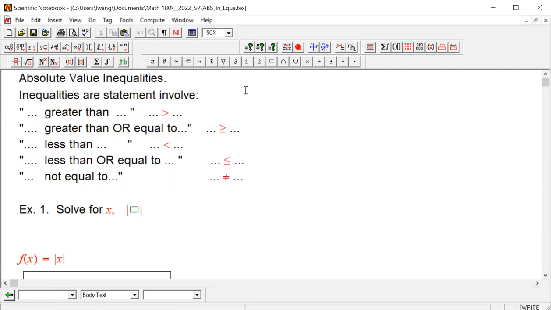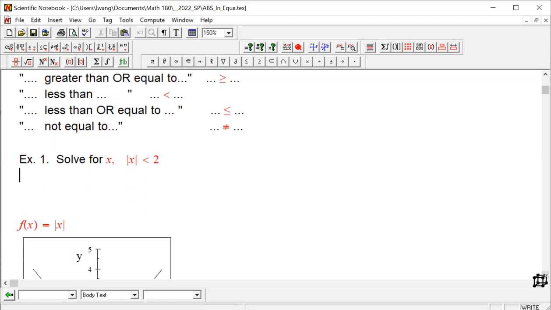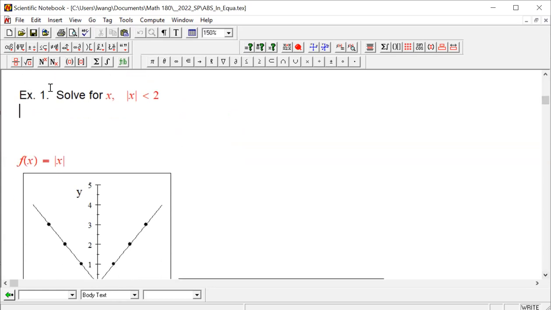This inequality will be the absolute value of x is less than 2. Now, what does that mean? It means, from the function perspective,